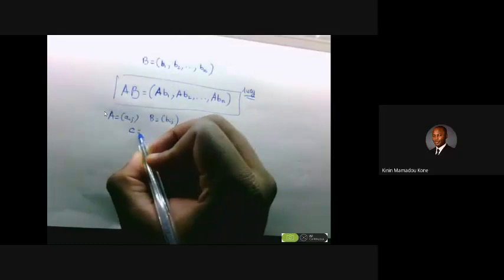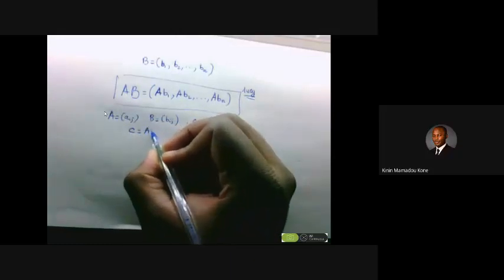One way to calculate the product. Another way will be to, let's say you have matrix A in terms of Aij and matrix B in terms of Bij, and matrix C, which is equal to, in terms of, another notation for this is this. Now, if we have C equals A times B,